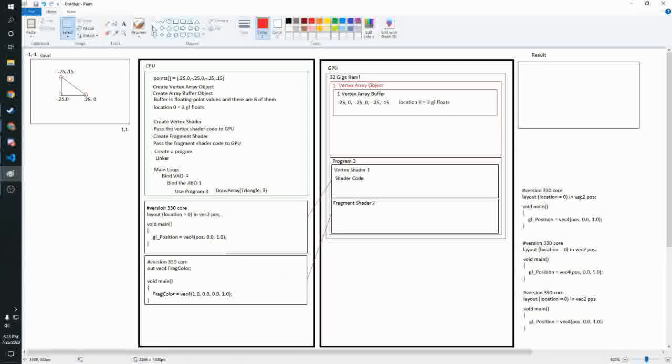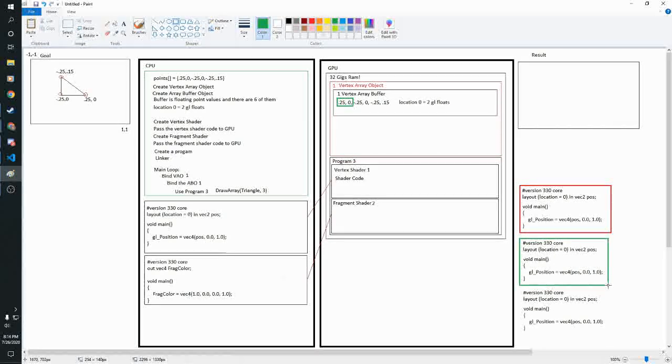And because of the layout location, the first one is going to get these 2 points. Actually, I'm going to color code these things. So we're going to say R, and that gets these 2 first points because 2 floats. Green. This one gets... crumbs. Alright, my apologies. Alright. And then green, because it gets these 2 points. And then blue